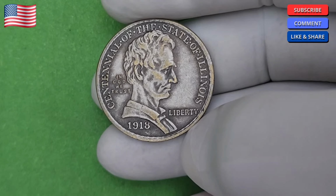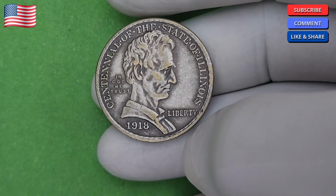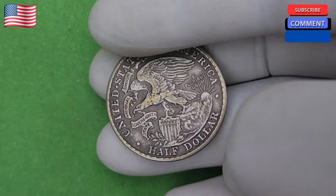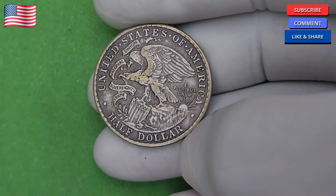The absence of a mint mark, indicating it was struck in Philadelphia, adds to its classic appeal. Every line, every feather, every star on this coin tells a story of America's strength and heritage during a crucial time in its history. Now let's talk about the rarity and condition, two of the most important elements driving this